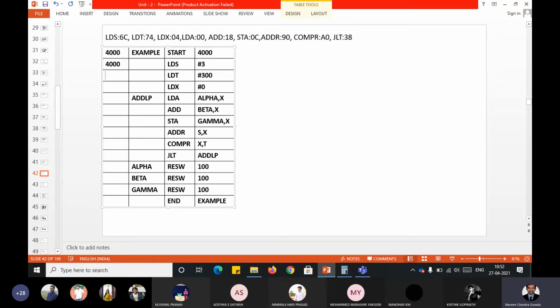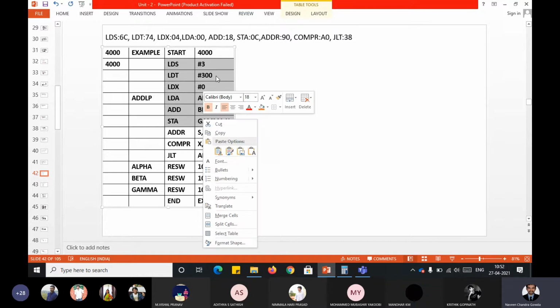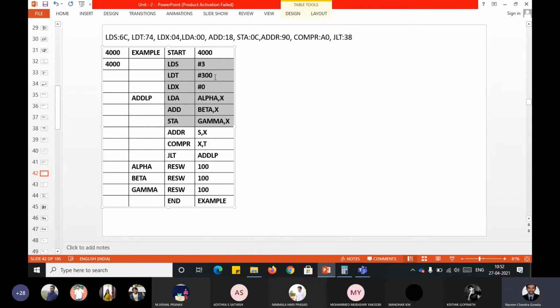Next, you can observe, my dear students, throughout the program, when you do address assignment, you have to categorize the instructions, which belong to format 1, 2, and 3, 4. Out of all these instructions, these are the set of instructions which are not acting purely on the registers. I repeat, these are the instructions which are not acting purely on the registers. So these instructions can be either format 3 or format 4.